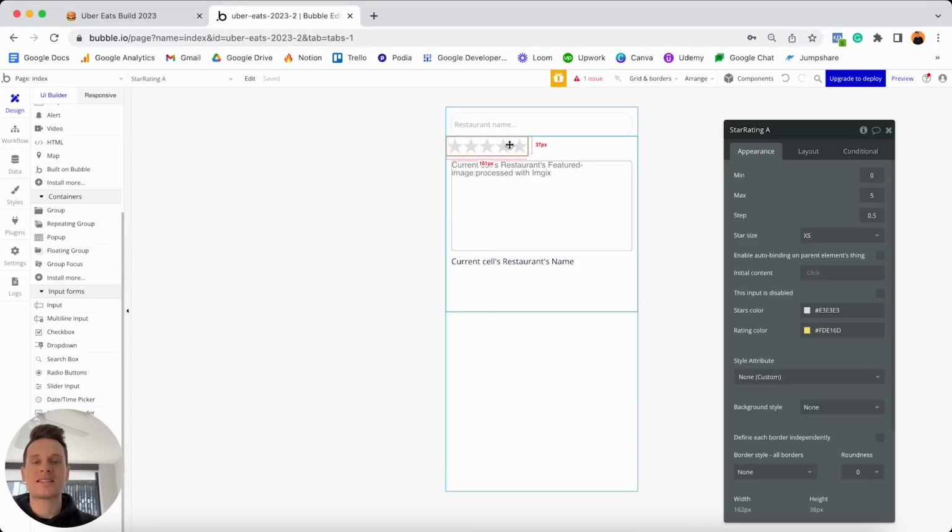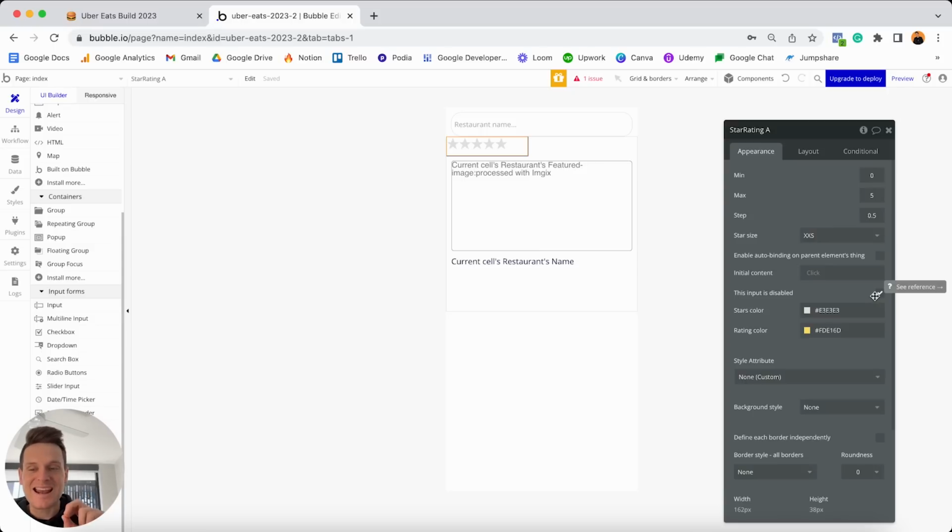Now, when it comes to this star rating, I'm going to make a few minor tweaks. And the very first thing I'd like to do is update the star size to be XXS. So it's just going to be slightly smaller there. I'm also going to select this option here to disable this input field. And the reason for that is because within this section of our homepage, I don't want users to actually leave a star rating. Instead, I only want to display an existing star rating. And so although this element is an input field, I'm going to treat it like a visual element that displays information. And the way in which I can display the average star rating for this restaurant's reviews is within this